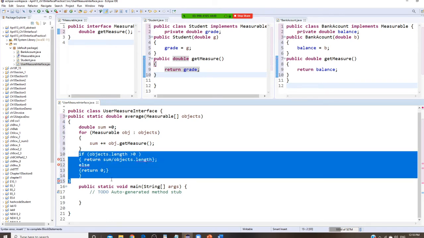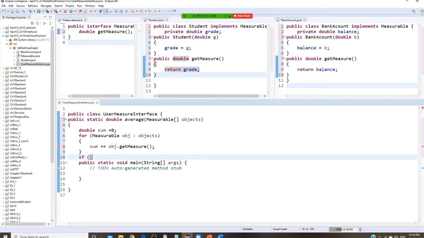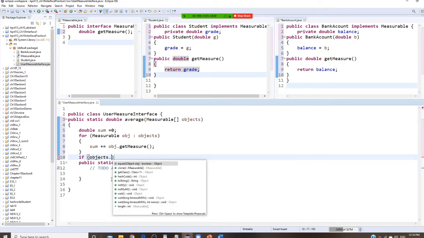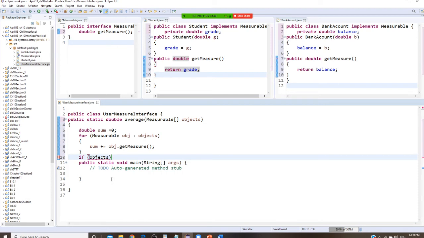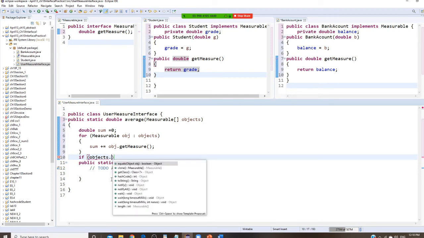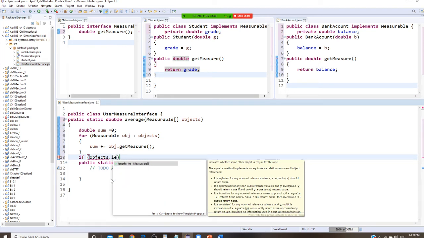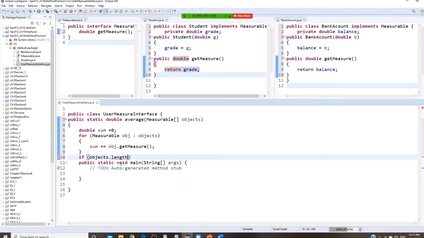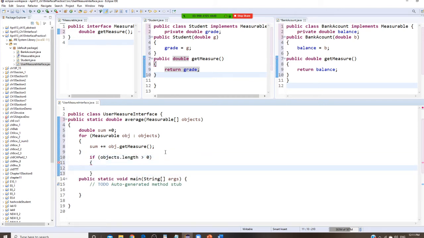Okay, don't save space. So if my then that'll be objects, and the length greater than 0. In that case, then if that's greater than 0, and I do this, all right, so I'm going to return